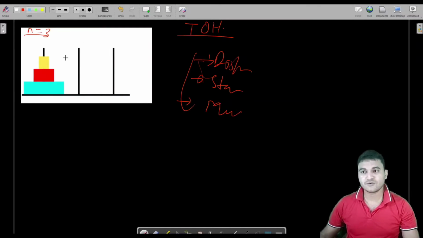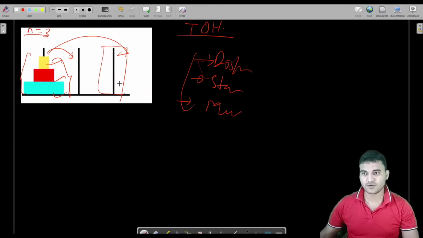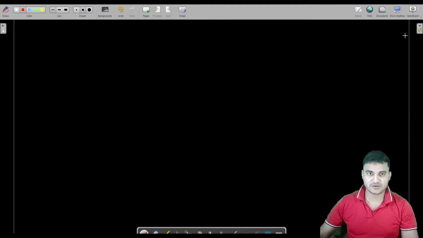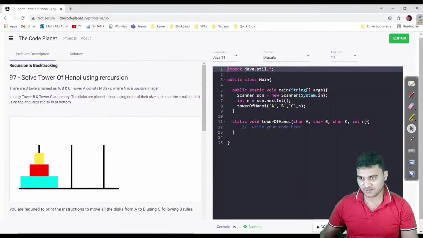So this is our Tower of Hanoi, and what you have to do is place all these discs from this tower to this tower using this one. You have to place all these discs into your second tower. Sorry, this was your tower B, this was your tower A, this was your tower C. You have to place all the disks from A to B using C. This is the actual problem. If it is not clear to you, let us see here also.